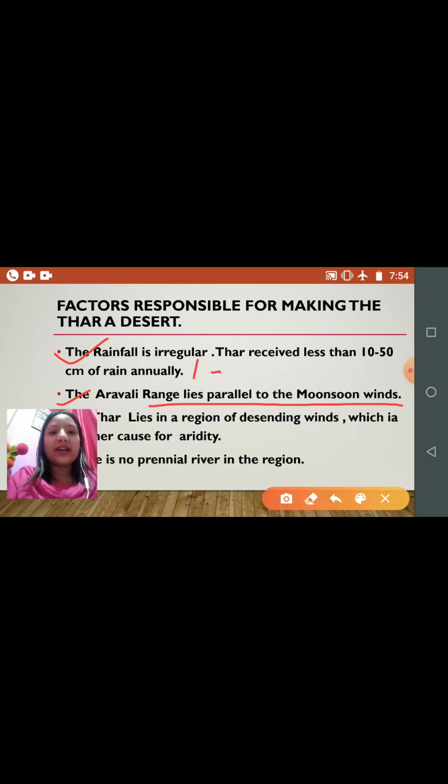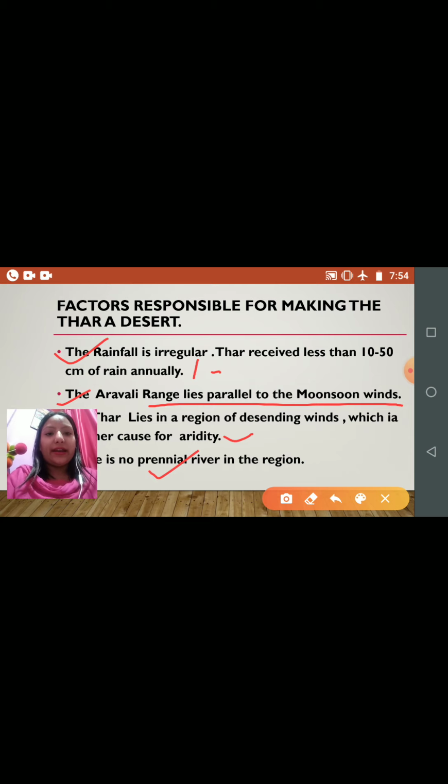Another cause prevents the formation of clouds and therefore rainfall on the land.